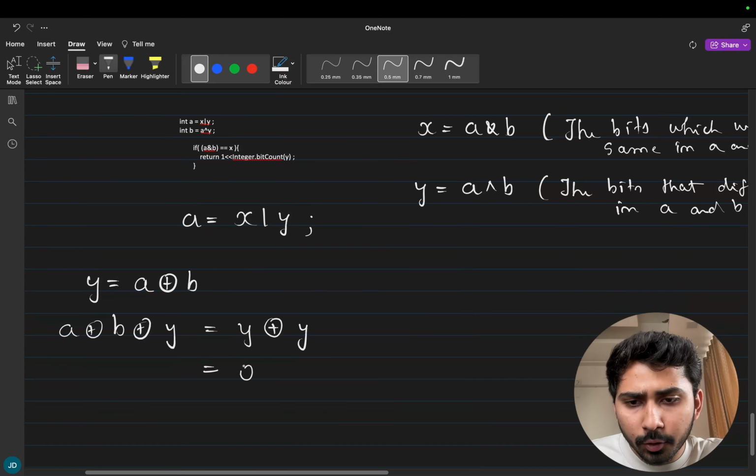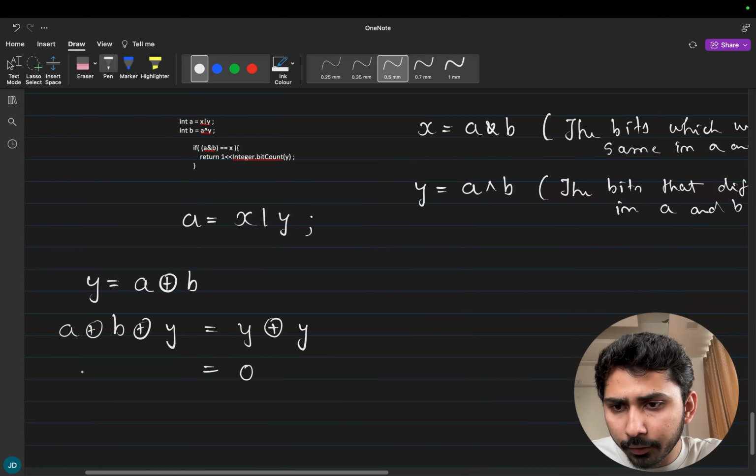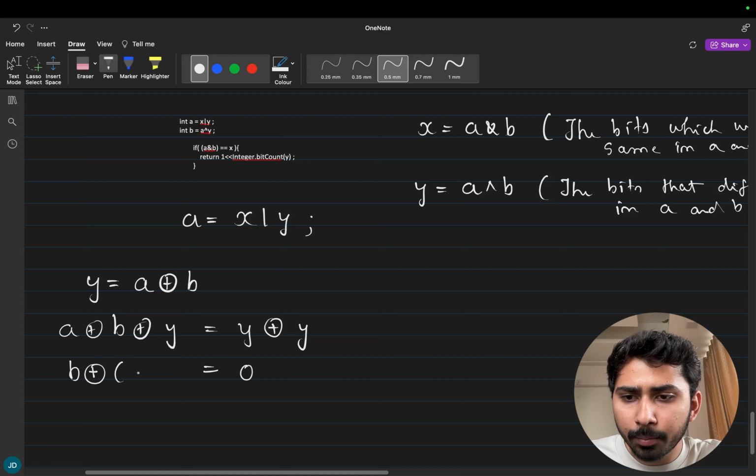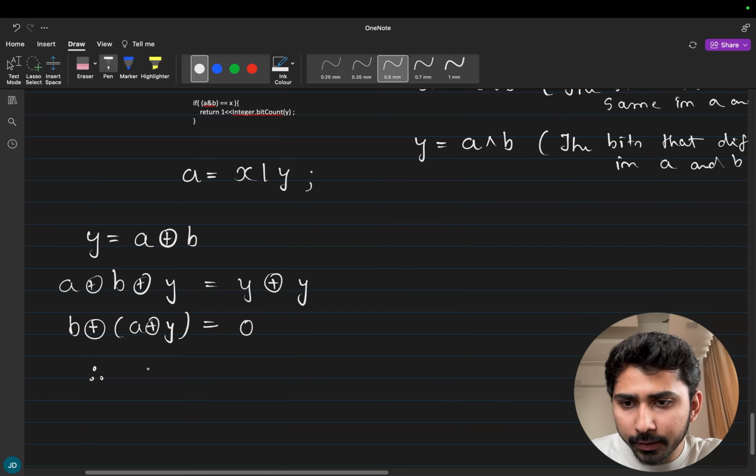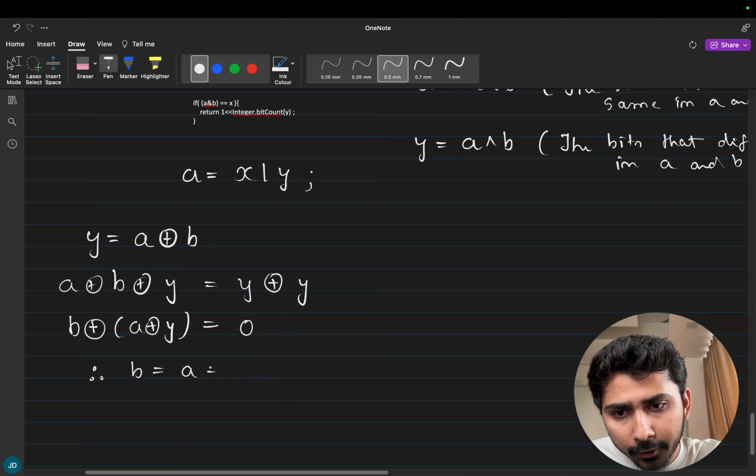Now y XOR y will be 0, we know that, right? So I want to find the answer of b. So I'll write down b separately and put a XOR y in a bracket. This means that b XOR (a XOR y) will be 0. So therefore I can say that b will be equivalent to a XOR y,